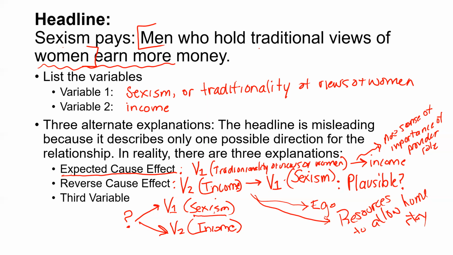Okay. And how would that family relationship also cause variable 2, income? Cause the income to be higher or lower? So if it's causing high sexism, how could it also cause high income? Based on pushing the child to school or